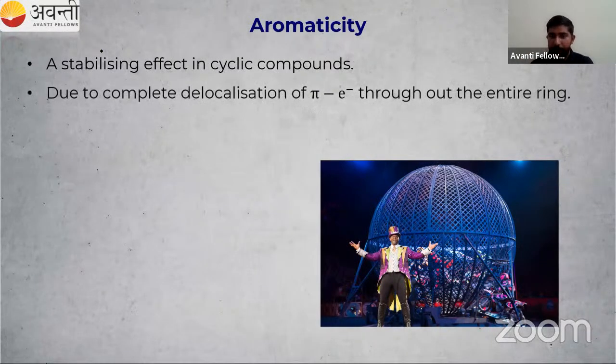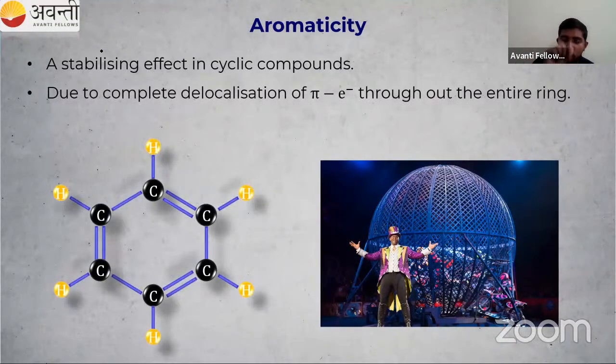Okay. So similarly, in the case of benzene, there are pi electrons present. These pi electrons are also moving like that throughout the entire ring. So aromaticity is a stabilizing effect in cyclic compounds. Cyclic, that is closed chain. Why is it happening? Due to complete delocalization of pi electrons. Only pi electrons are involved. Some students will say sigma, not sigma. Pi electrons are moving throughout the entire ring. That is known as delocalization. They won't stay in a single place. They will be roaming around. Okay. So that is known as